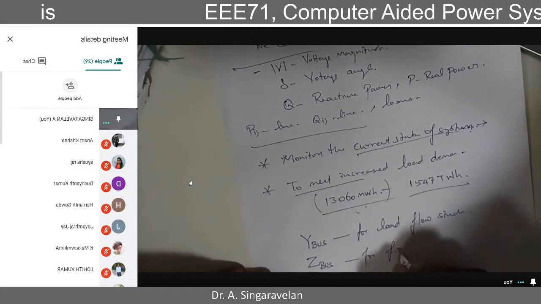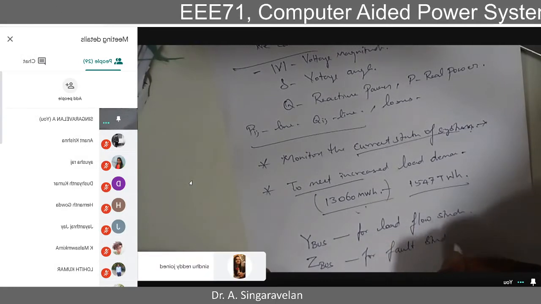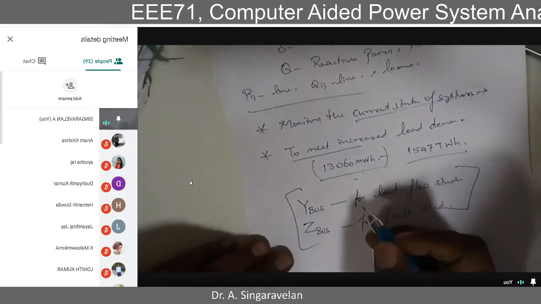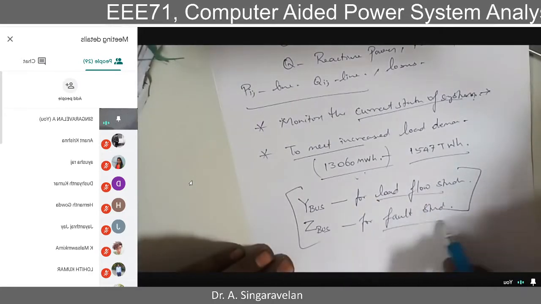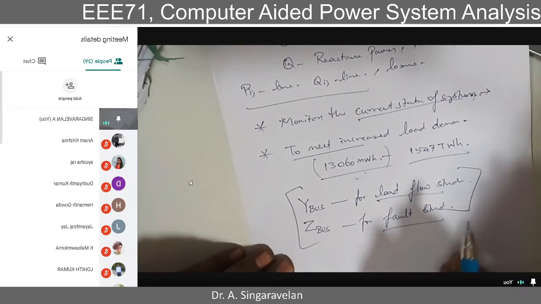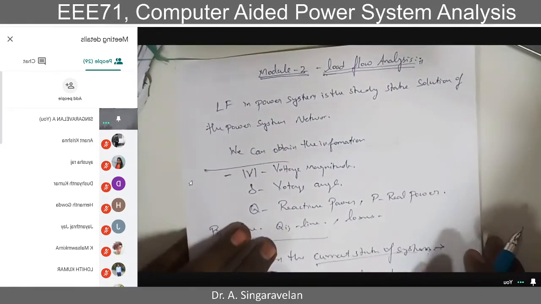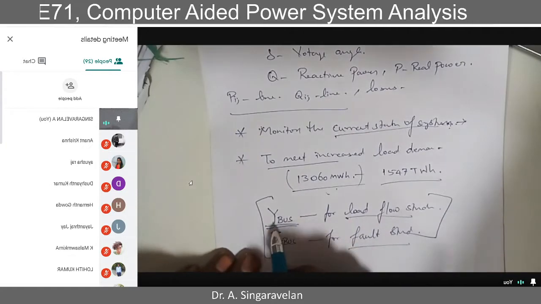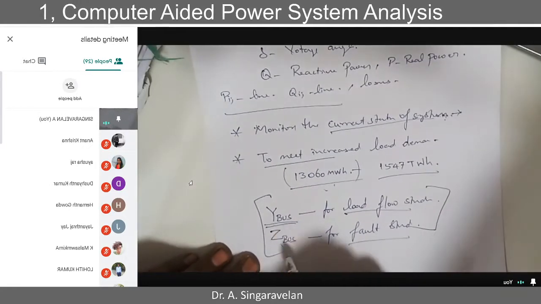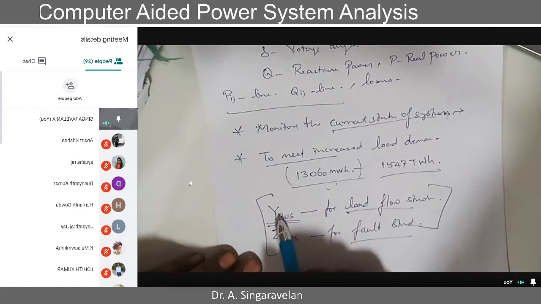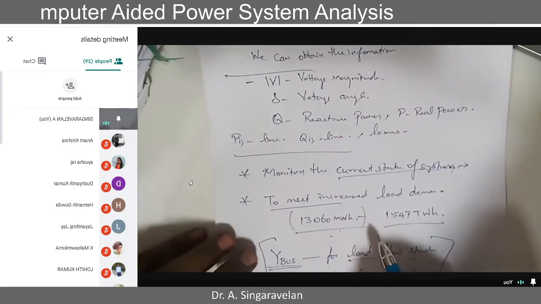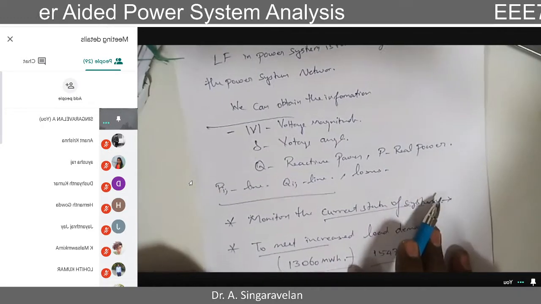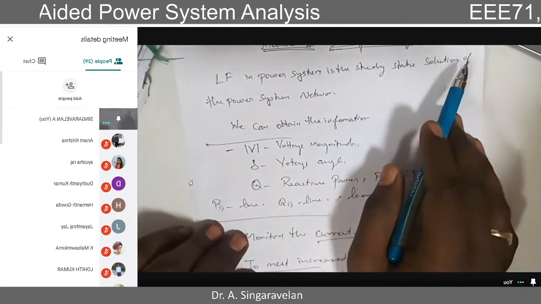for fault studies. These are the very important studies we carry out on the power system. One is the load flow and one is fault analysis. So in this module 2, we are going to focus on load flow analysis, because we are going for that Y-bus. That is the reason in the first module we learned both the matrices. With the help of these two matrices, we can analyze the different parameters of the power system network, and one of them is Y-bus for load flow analysis.